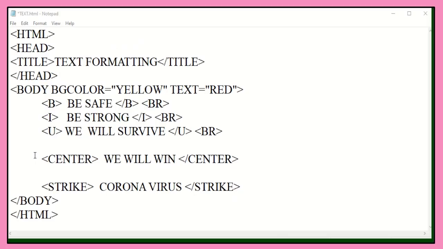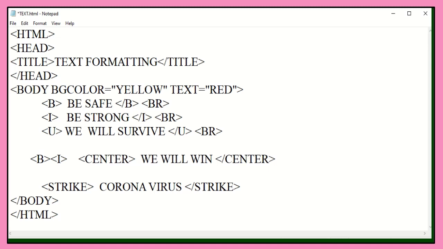Children, you can also apply two or more text formatting tags simultaneously. See here, children, I would like to display the sentence "we will win" in the middle of the web page. So I have given the center tag. Even I would like to apply the bold effect, the italicized effect, and even underline the sentence "we will win". So I am giving the B tag in order to make it bold, the I tag in order to make it italic, and the U tag in order to underline.